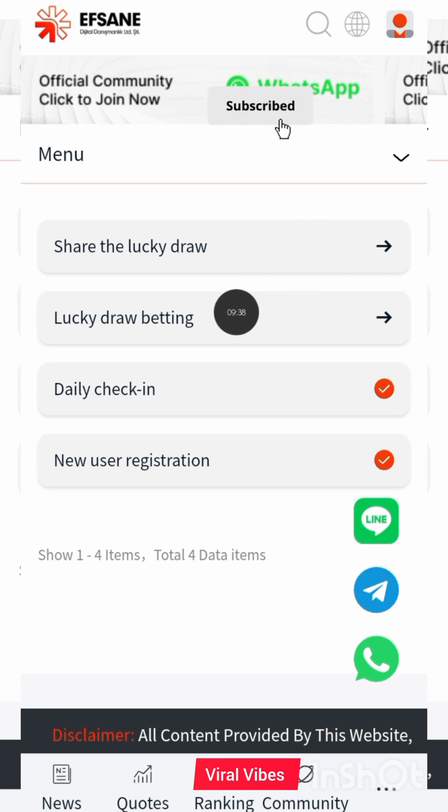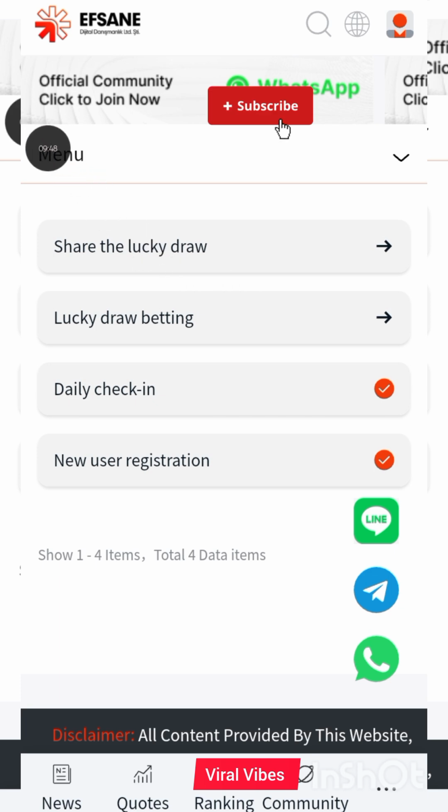Here you can enter for a daily lucky draw too with your gems and earn huge rewards apart from what you are earning daily. So you can see that the daily check-in and the new user registration has been active, which means that has been done. So every day,